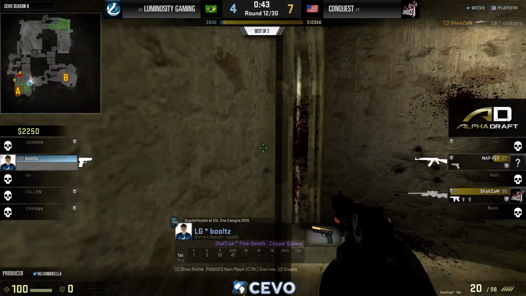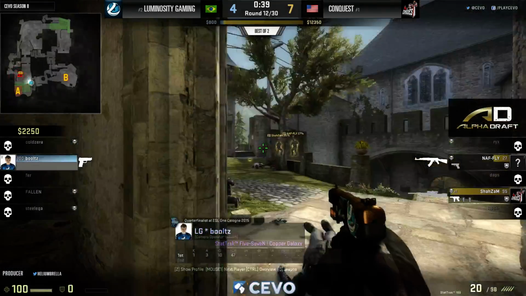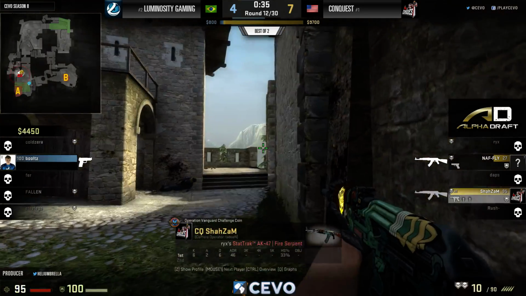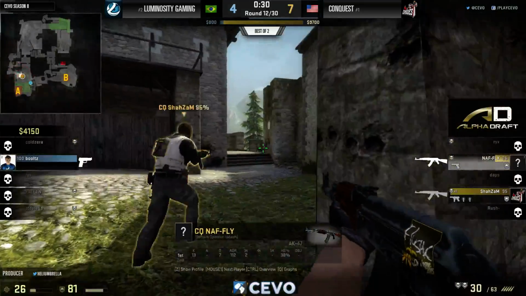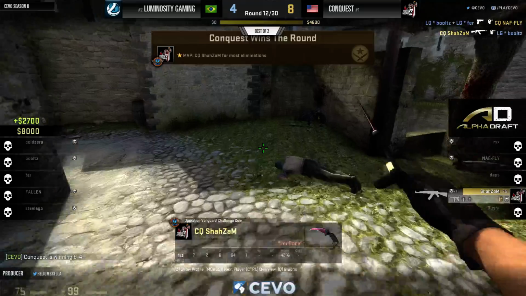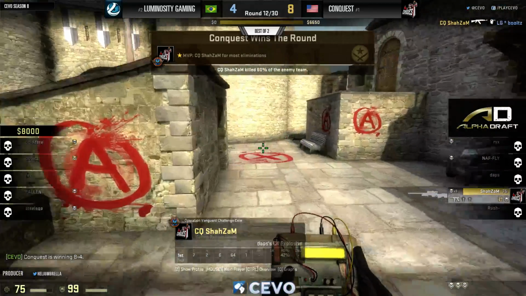Yeah, it's just a patience game right now for Conquest. They know they have plenty of time to work with, so they just wait to see who's going to peek first, and it was going to be the mistake coming in from LG. Now Bolts is stuck inside the vent room, and he's going to hear the move around, so he's going to peek out, be able to take down Naf, and he's going to try to move in and get Shazam, but Shazam's smarter move, picking up the AK instead of the AWP,